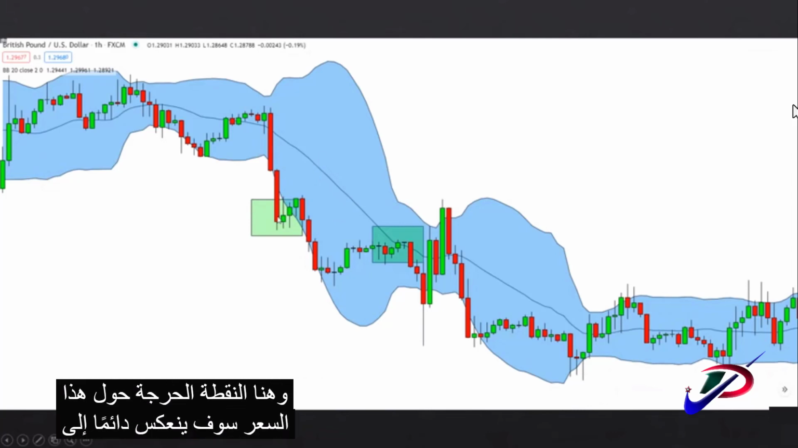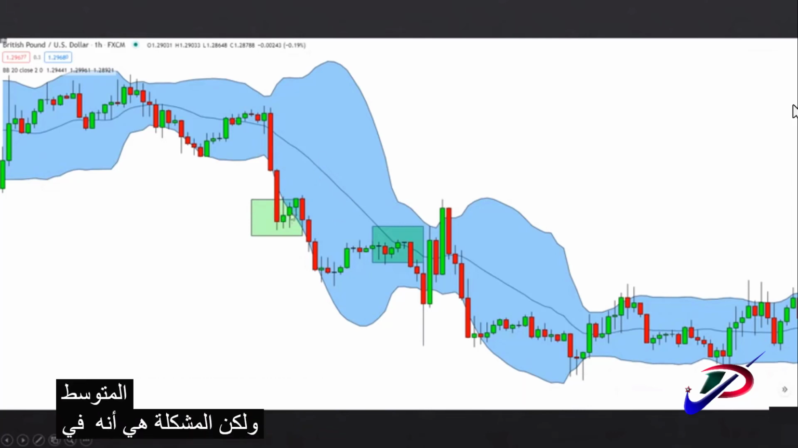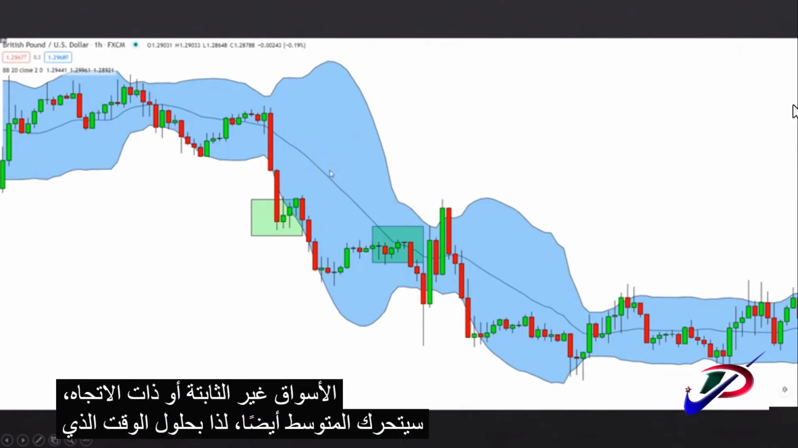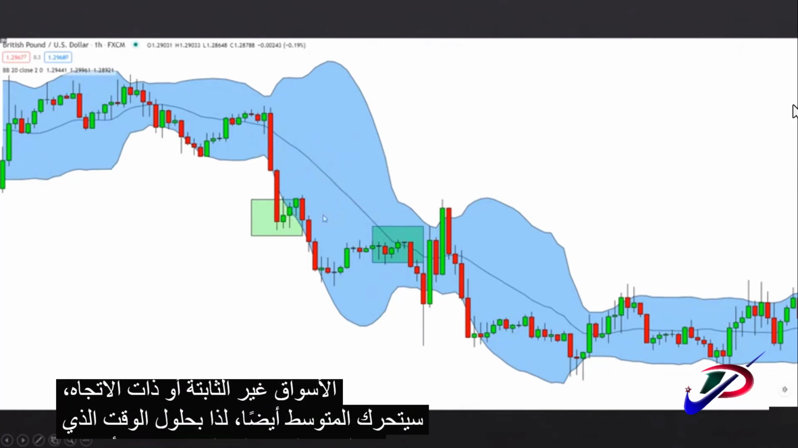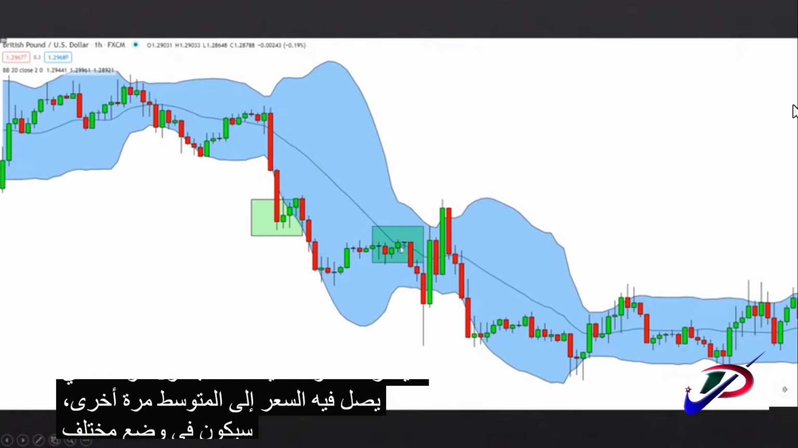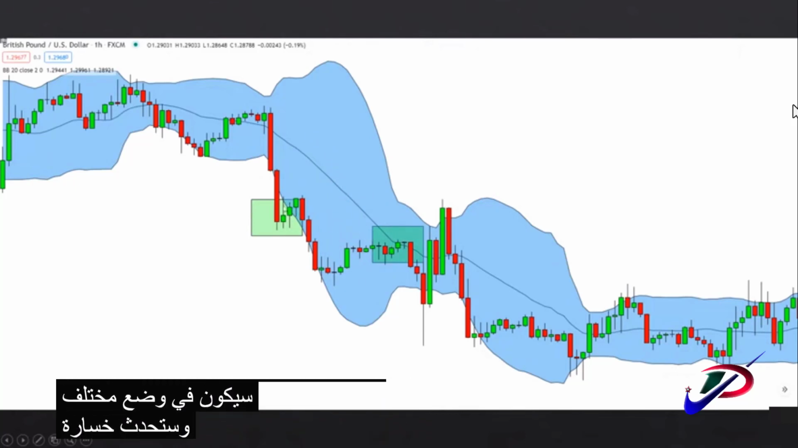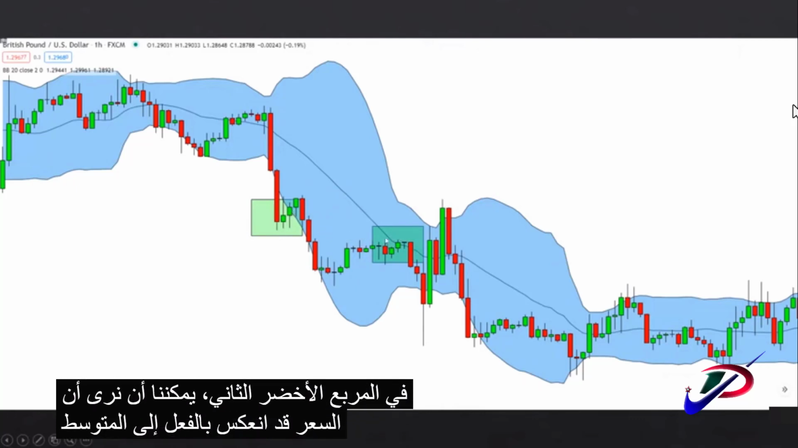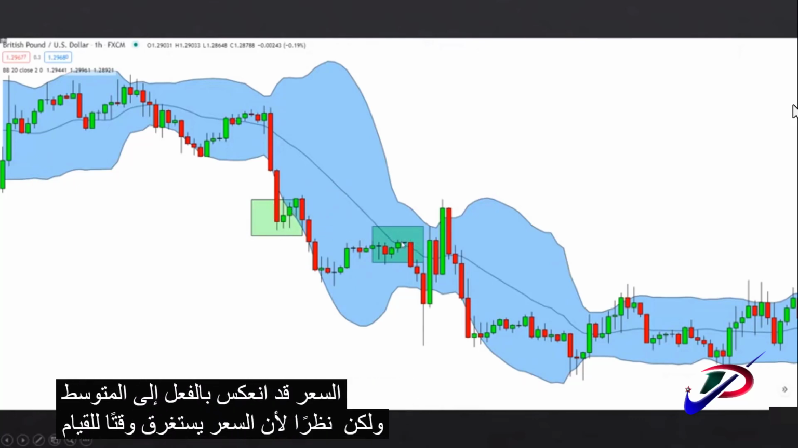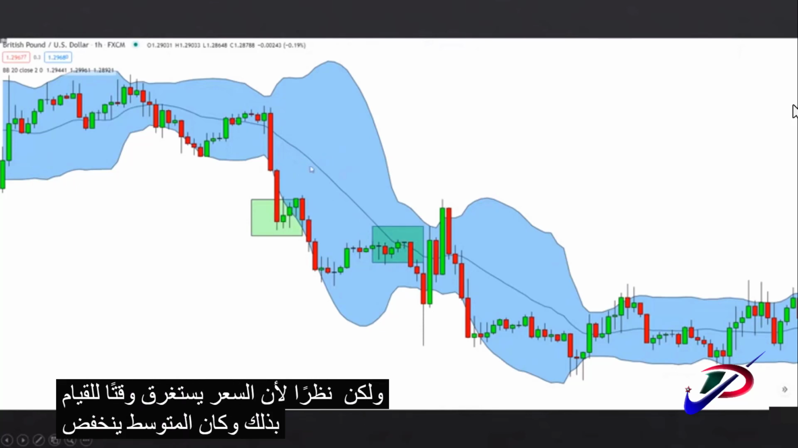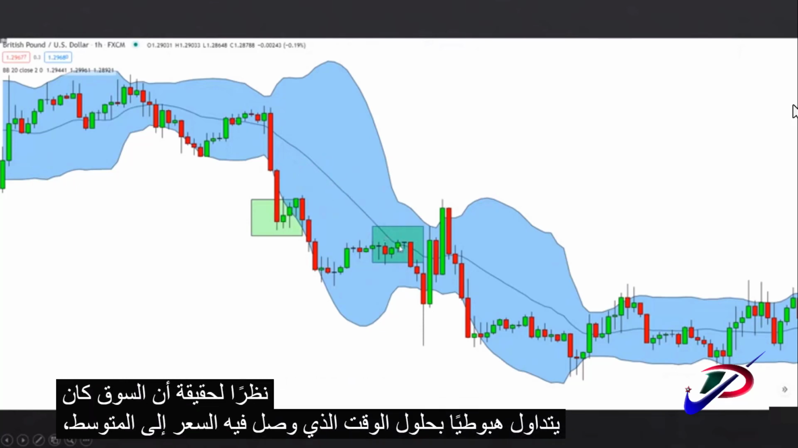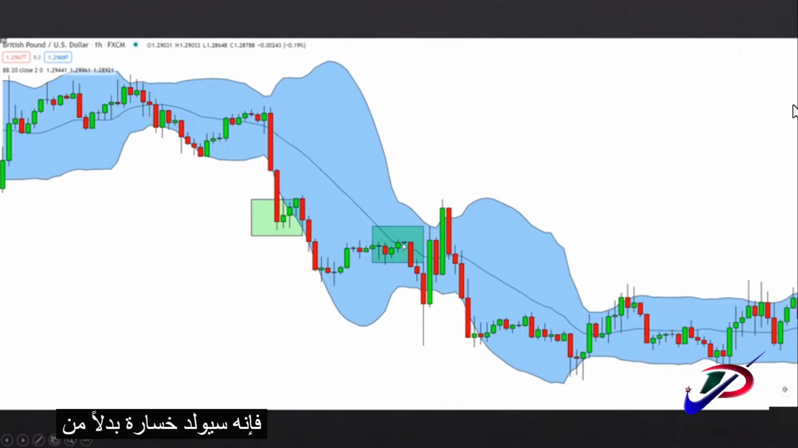Price will always reverse back to the mean, but the problem is that in non-stationary or trending markets, the mean will also move. So by the time price reaches the mean again, it will be in a different position and a loss will occur. In the second green box, we can see that price indeed reversed back to the mean, but since it takes time for price to do that, and the mean was going down due to the fact that the market was trending down, by the time price reached the mean, it would generate a loss instead of